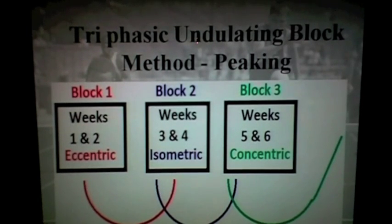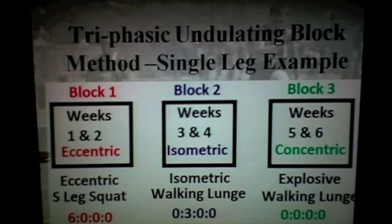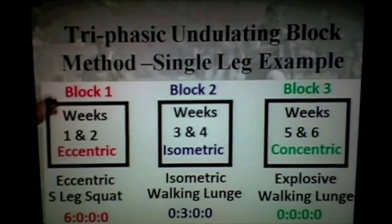Give me the next slide, please. There's a squat, next frame, please. Single leg squat. Here's how, if you don't want to load the back,